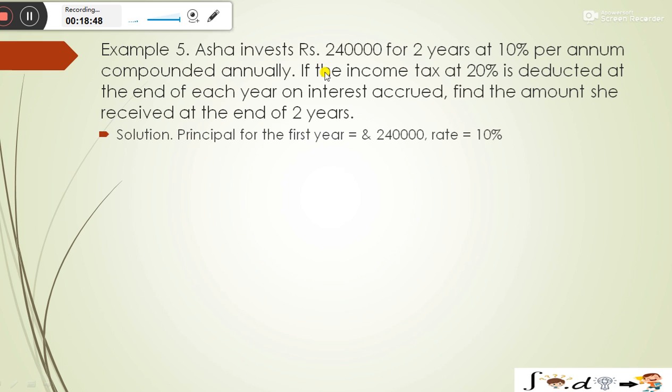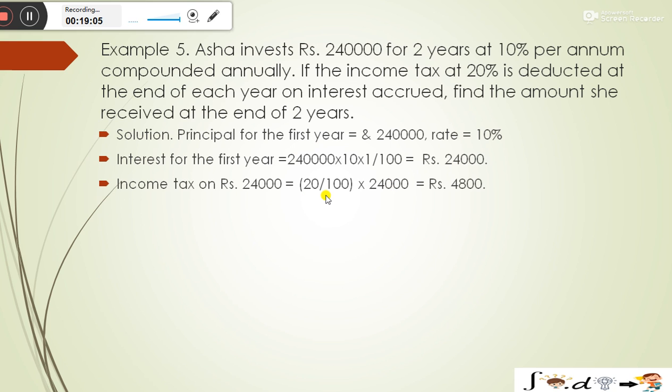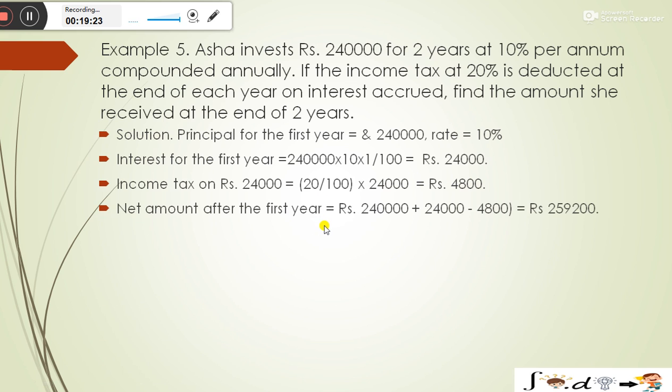यानी कि इसके अंदर क्या है कि 2,40,000 तो उसका प्रिंसिपल है, रेट है 10% टाइम 2 years है। फर्स्ट ईयर के लिए हम क्या फाइंड करेंगे, पहले इंटरेस्ट फाइंड करेंगे। इंटरेस्ट आ गया 24,000। ठीक है, फिर उसके बाद जो है ना इनकम टैक्स, क्योंकि हर साल वो इनकम टैक्स भी पे करता है। कितना इनकम टैक्स पे करता है? 20% ऑफ जो उसका इंटरेस्ट है। इंटरेस्ट कितना आता है 24,000 यानी कि 20% ऑफ 24,000 दैट इज इक्वल टू ₹4,800 और नेट अमाउंट आफ्टर फर्स्ट ईयर, तो फर्स्ट ईयर के लिए उसकी अमाउंट कितनी हो जाएगी 2,40,000 प्लस इंटरेस्ट माइनस 4,800 दैट इज इक्वल टू